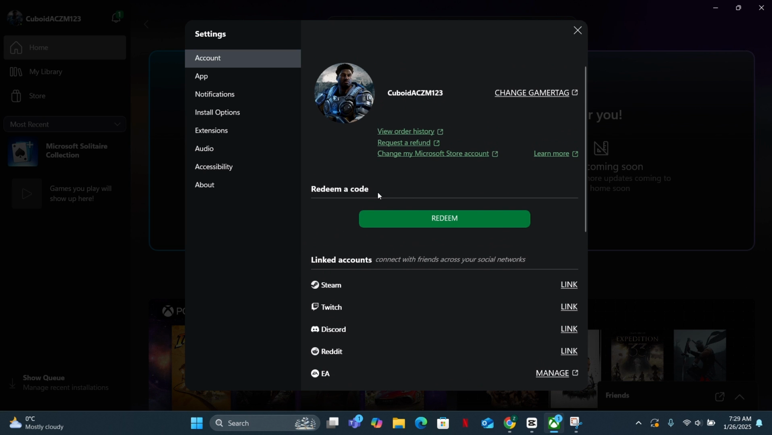And as you can see right here, it's giving you the option to redeem a code. Now simply you will just press on redeem a code, and after that it will give you the option to enter the code that you want to redeem. And if they give you any prompt, you will fill that prompt as well, and after that the code would be redeemed and it would be added to your Xbox Game Pass, and you will be able to use it